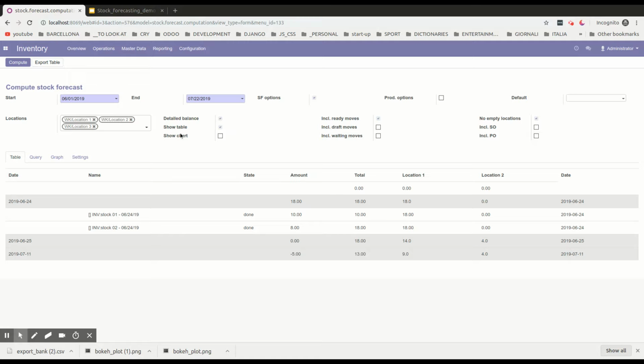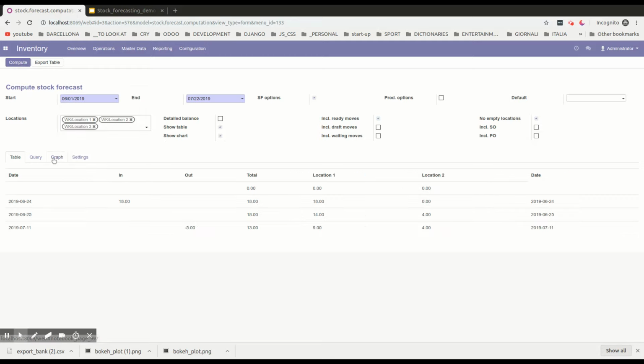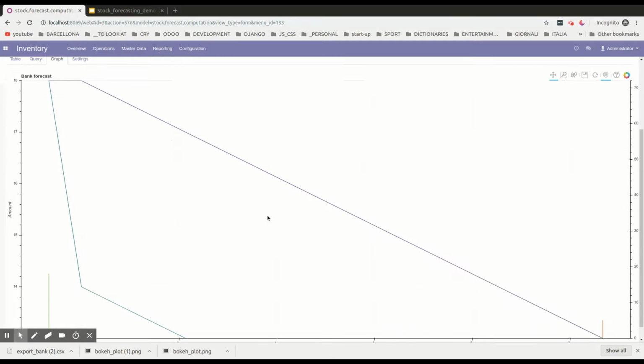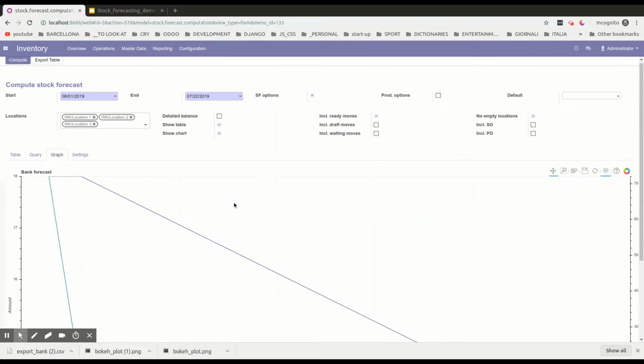What we can do here is click on show charts. Okay, we have to remove the detailed balance. If you click on compute, you see that we have a graph view. This is quite ugly because we have few moves, but it's quite a beautiful representation. Unfortunately, the bokeh library is not working 100%. Here you can, for example, save the image and use it somewhere. You cannot use the zooming, for example. This is the problem. And you don't have the hover working yet,